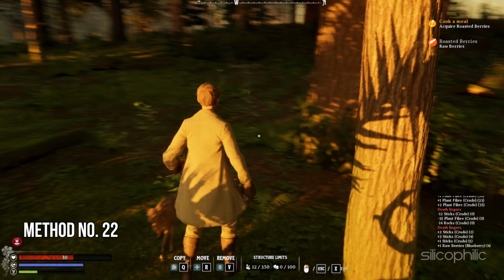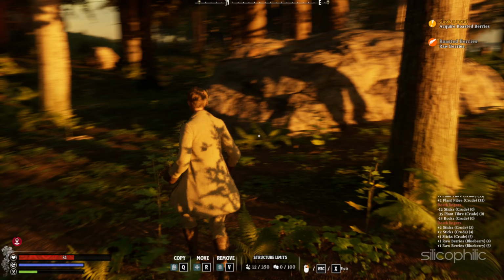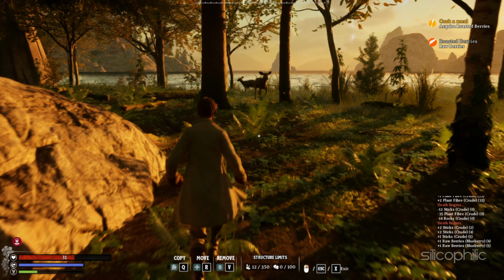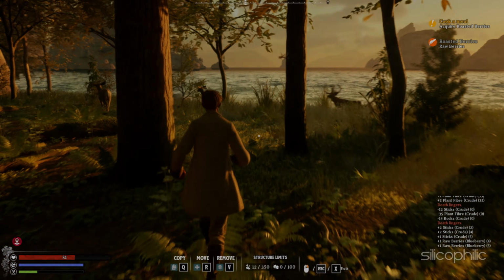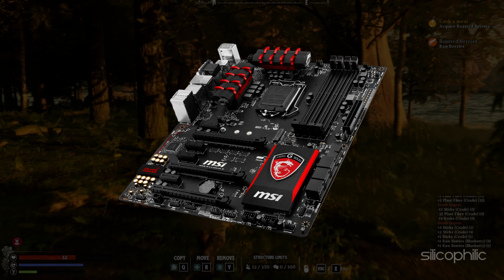Method 22. Check for BIOS update. If you are using an outdated version of the BIOS, then this can also be why you are having issues loading Nightingale. Each motherboard is different, so go through the manual of your motherboard to know how to update your BIOS. Follow the instructions to complete updating BIOS. After updating BIOS, you should not get the error.